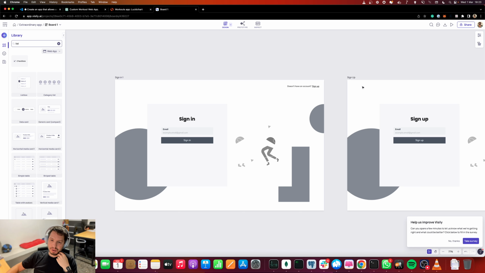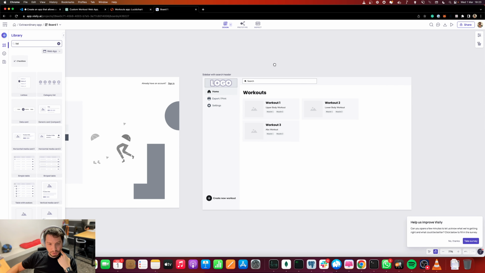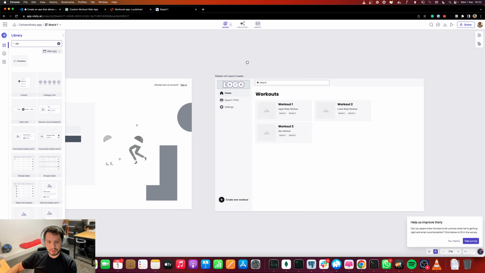I don't like the button, whatever. So this is not the moment to focus on that stuff. We need to focus on user experience, not UI, flows, screens, whatever.